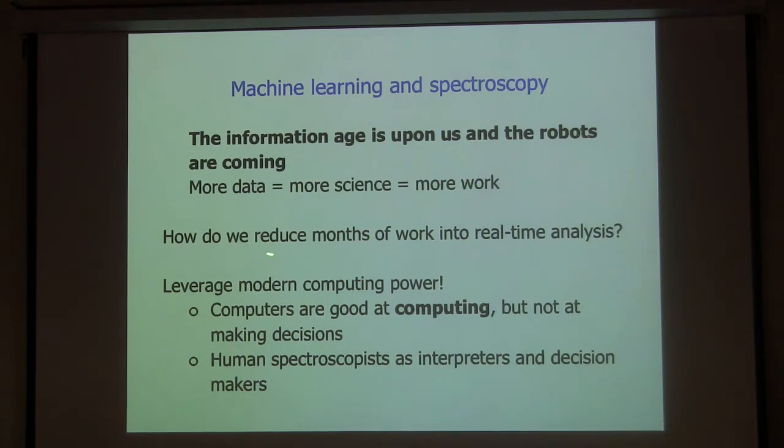So what we really want to do is let computers do what they do best and try to take what is several months of work I showed you and hundreds of thousands of extra measurements. Is it conceivable we could move much closer to real-time analysis of a rotational spectrum, even though we've not measured these molecules? And so the idea here is to use modern computing. Computers are really good at computing. They're not good at making decisions. And then we take the humans, who are really good at interpreting and decision making, and